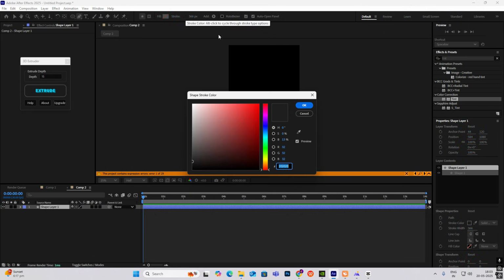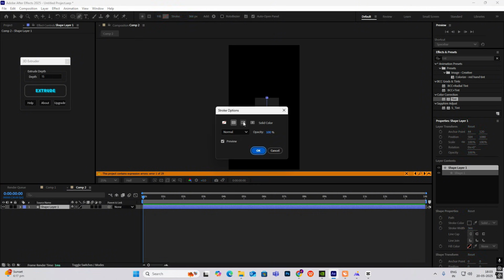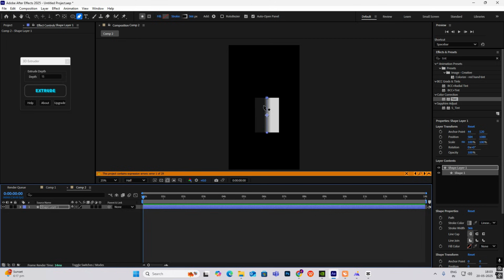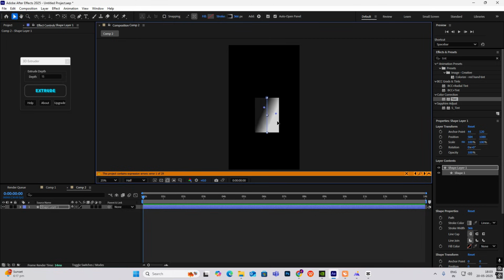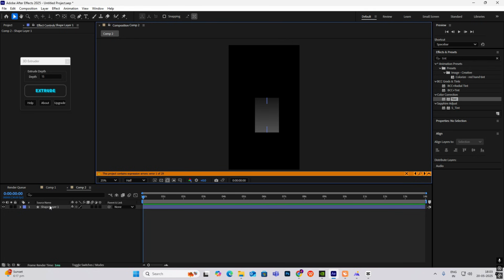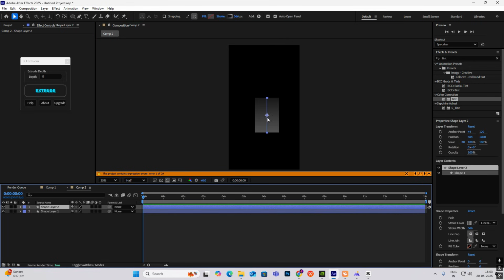Now just head on to stroke and select this linear gradient and make it like this. Simple. Now just hit Ctrl D